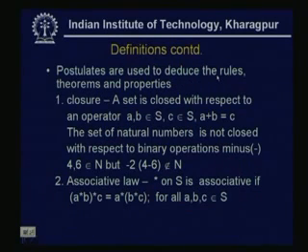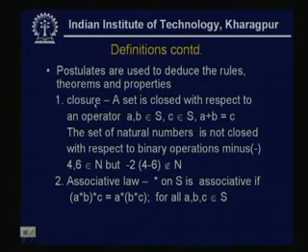When we are defining a mathematical system, we need these three things, and among these three, the postulates are the main one, that is, the rules defined on the set. Now, what are these rules or postulates? First thing is the closure. This we can call a property. A set is closed with respect to an operator if, for A, B belonging to S, C also belongs to S,